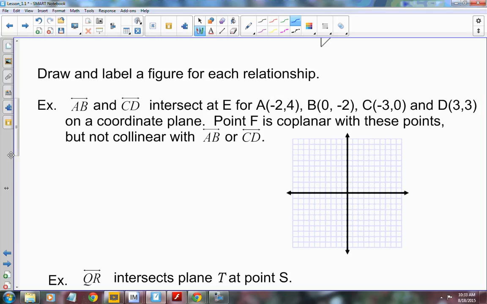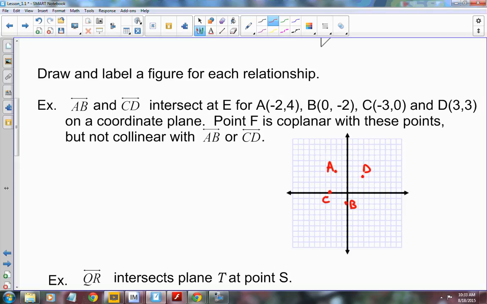And then it says that F is coplanar with these points, but not collinear, okay? So, first thing I see is that they give me points. So I'm going to grab some graph paper, and I am going to graph these points, okay? It says that A is located at -2, 4, and B is located at 0, -2. C is located at -3, 0, and D is located at 3, 3. Then it says I have line AB